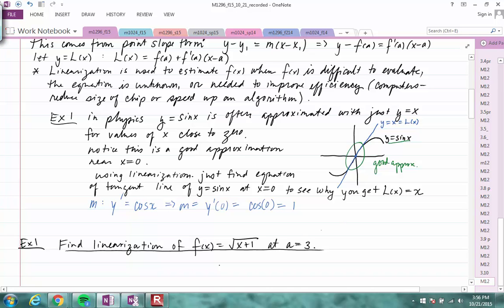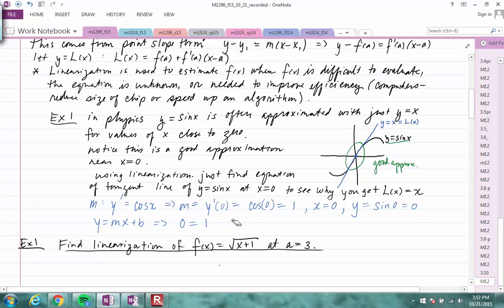Then the next thing is to use your favorite form of the equation of a line. You have the slope, you have the x coordinate, where a is 0. Actually, we need to find the y. That's just plugging in 0 in the function sine x, so we get sine of 0, which is 0. We have all the things we need, so if we do this y equals mx plus b style, what this implies is that we have 0 is equal to 1x plus b,